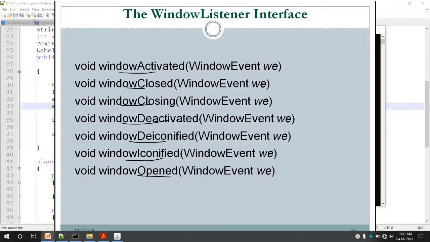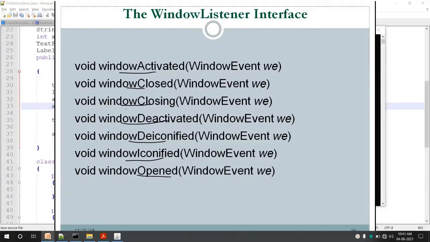When a window is closed, when you click on the close button of a window, like here you can see a close button at the top right corner. Whenever you click the close button of your applet window or any other window, then windowClosed is called. There is one more, windowClosing. When the action is taken but the window is still closing, not completely closed, windowClosing is called.